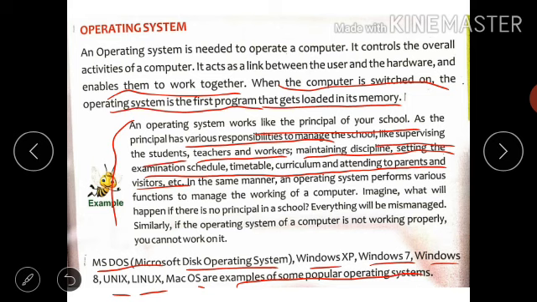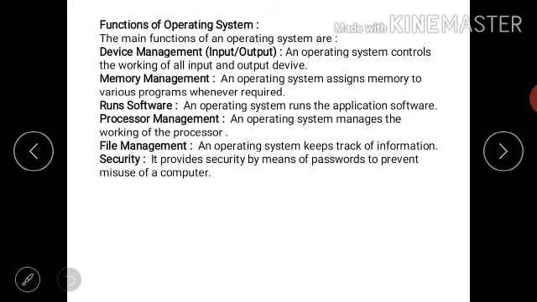In the same manner, an operating system performs various functions to manage the working of a computer. I hope you have understood what an operating system is. Now, the functions of operating system. The functions of operating system are